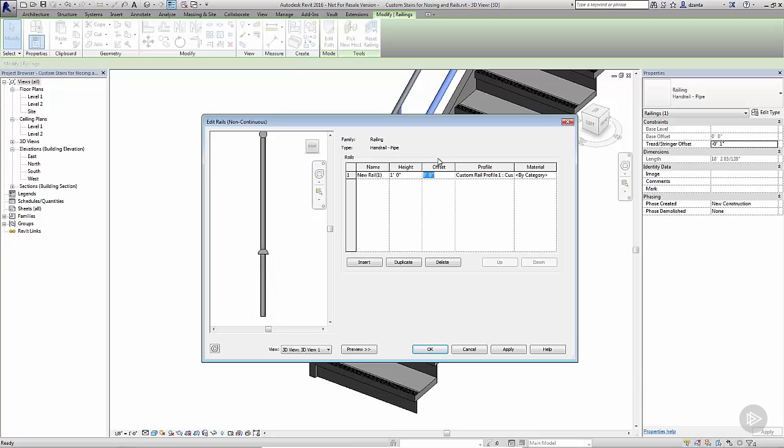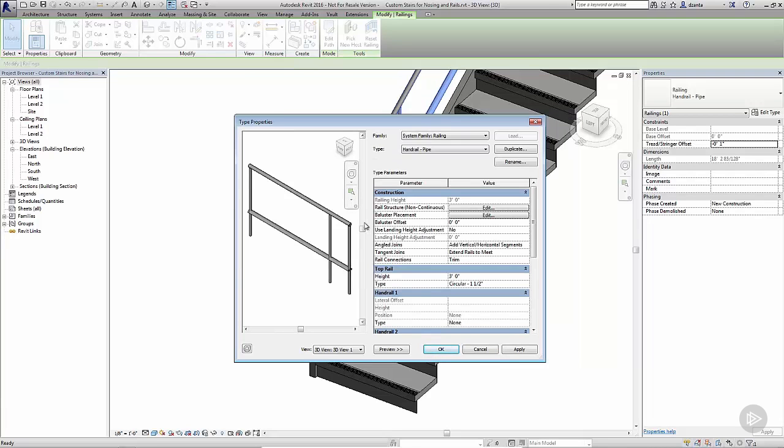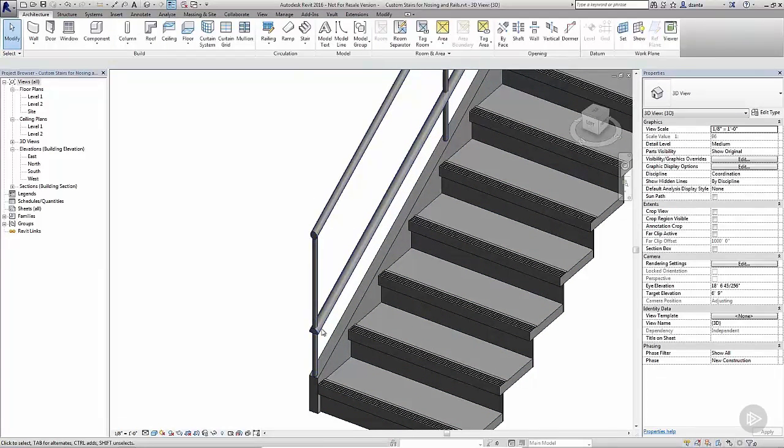If I change this offset to, say, 1 inch, it's going to go to the right 1 inch. If I make this a -1 inch, it's going to move it to the other side. Let's leave it for 0 for now. Hit apply and hit OK. You'll see what it looks like. We'll hit OK, and at finishing the command, you'll see you have a custom profile being used for this lower